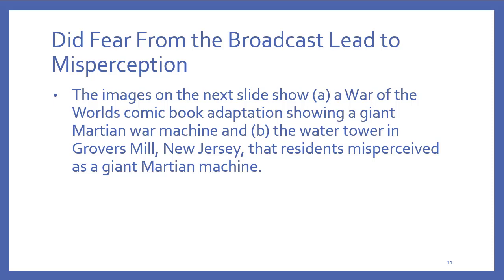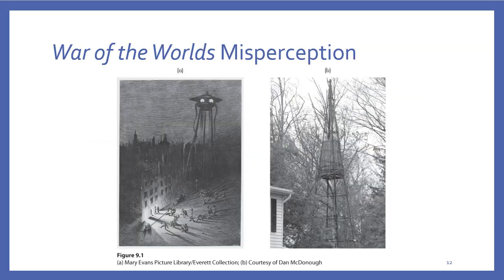Okay, so what we're going to see on the next slide are a couple examples of what the radio broadcasters described as the Martian machines that came to Earth. And it kind of looks like this. We have on the left in picture A, an example of the Martian machine as it would look, being described by the authors and then reproduced for the novel and everything. So that's what it would look like. And then on the right was an example of what somebody thought was one of those things. Remember, it was dark outside and people were just looking around. And there are examples of other water towers that people could misconstrue as one of the